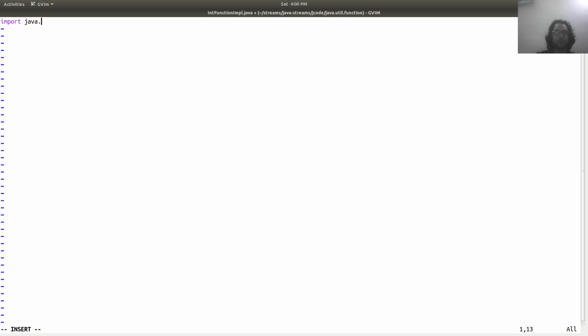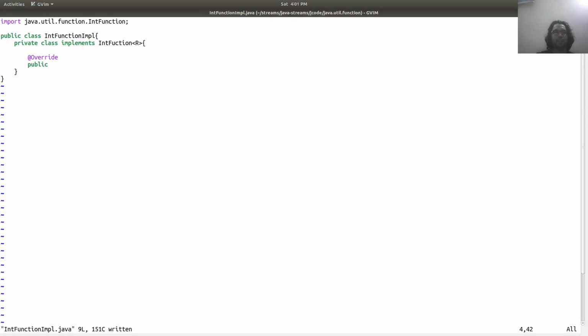We'll say java.util. Okay. Private class implements IntFunction. Okay, it needs to have some value. It is a generic function, so I will say it implements something like